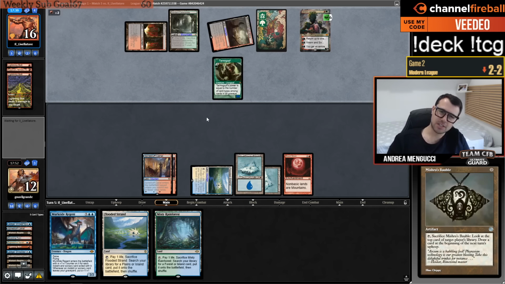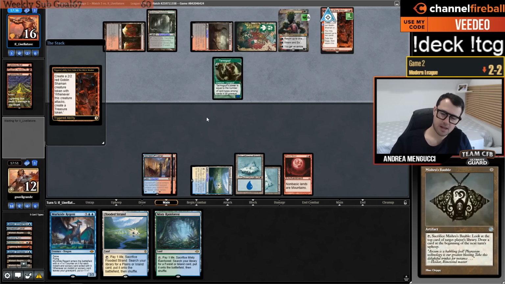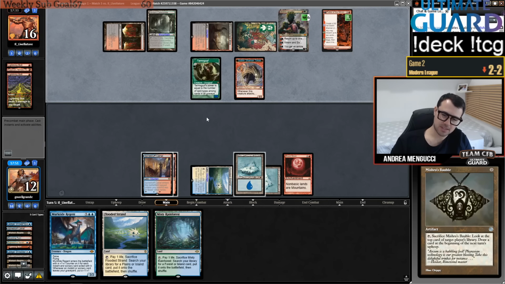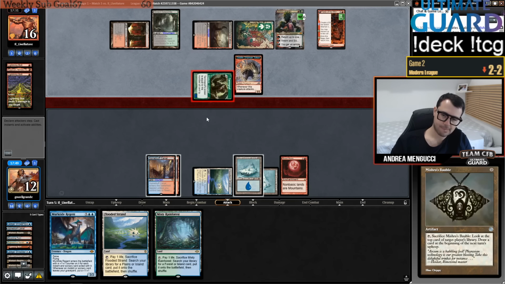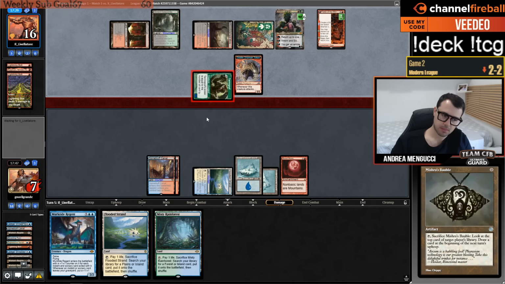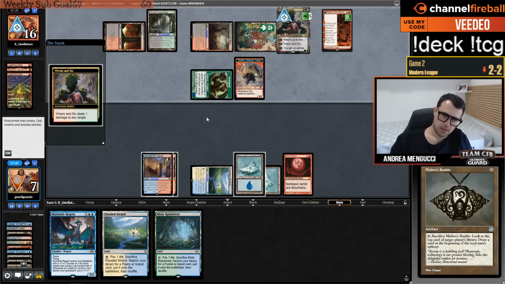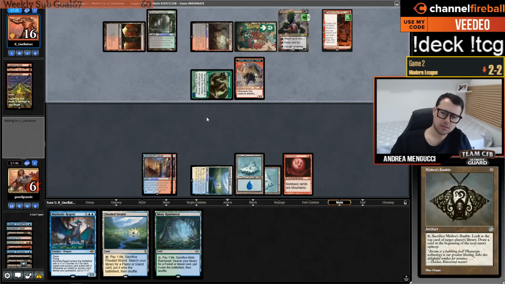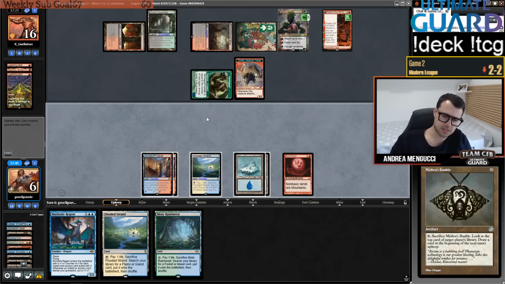You know what I haven't drawn at all today? Seasoned Pyromancer. That would be a card that I wouldn't mind drawing at the moment. Pyromancer, can you come up to Mango, please? Might be too late as well, but...